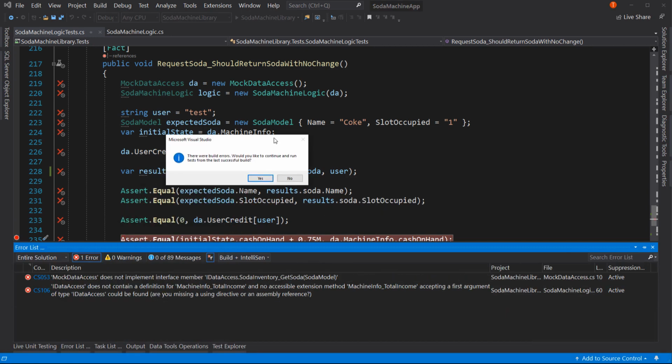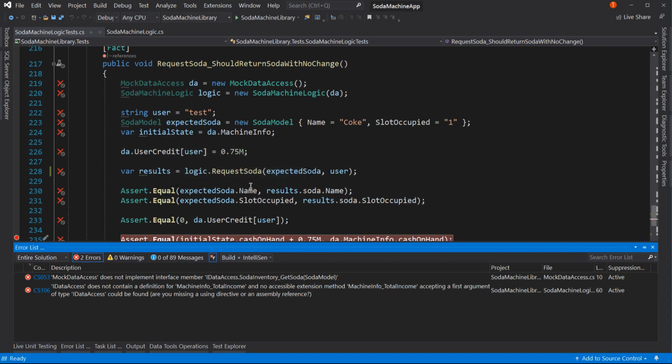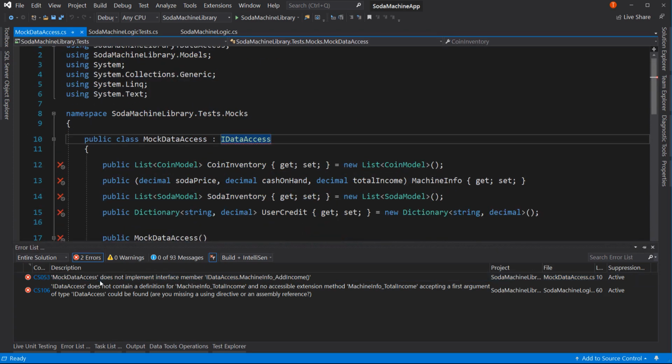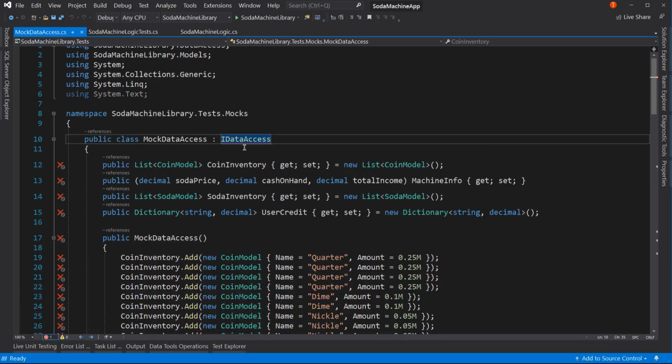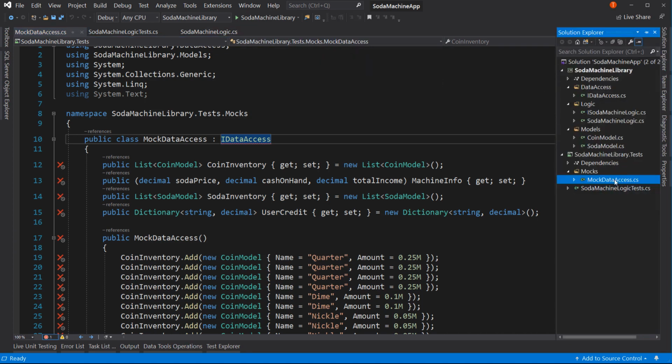and wait for this to run, and there are build errors. If there are build errors, you can't continue building. So this is saying, hey, you're not implementing this correctly because the interface is incorrect. All right, so let's look at the interface real quick. I think that